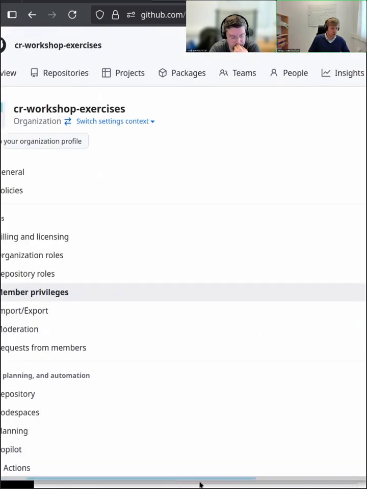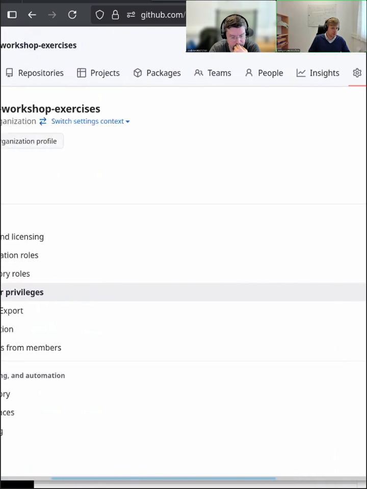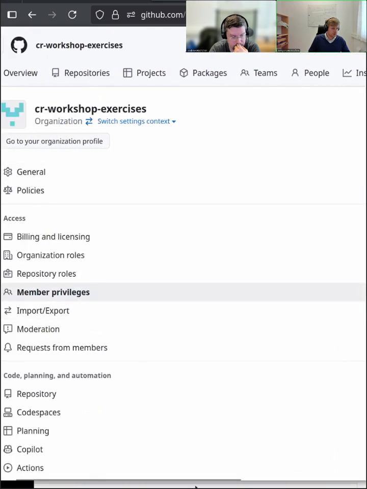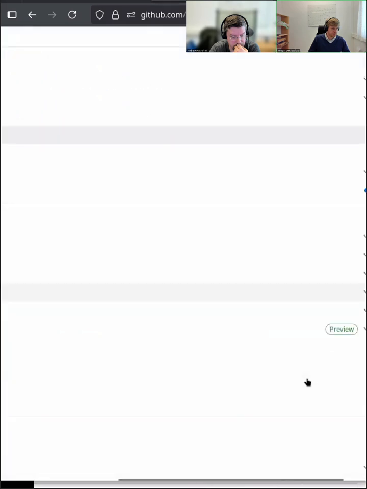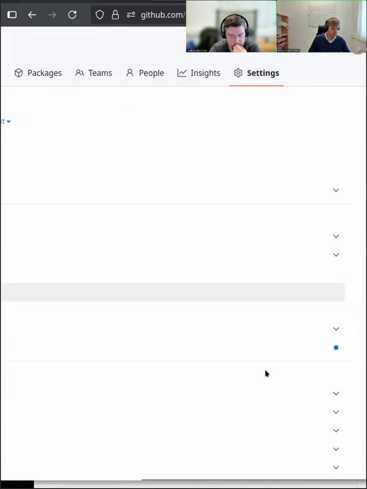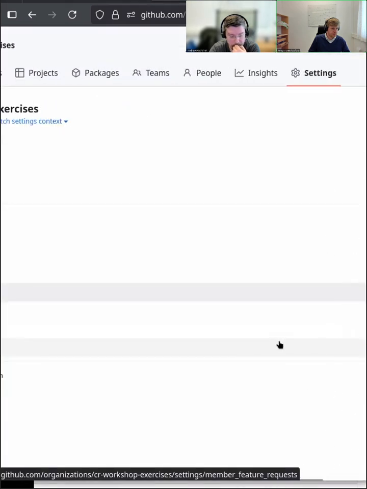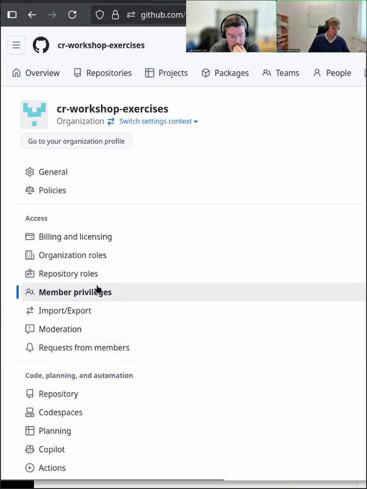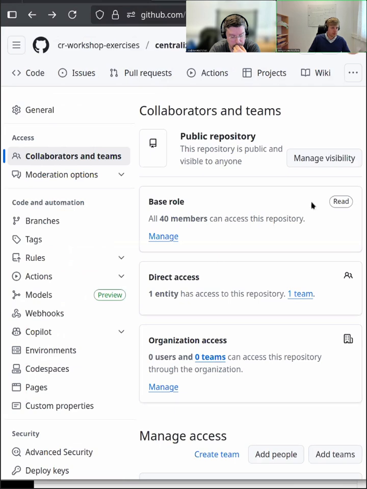Okay, unfortunately, I have to scroll on to the right. Let me see. This is slightly difficult to see. Let's just go back to the general one. You will have to set it to read. In this case, let's see.